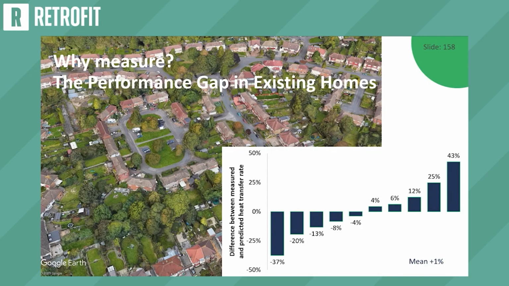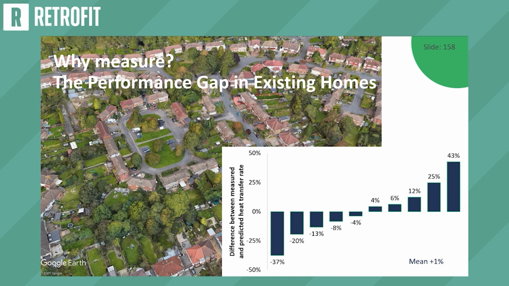So I just wanted to take a little second to stop and say, why are we going to bother measuring the performance of houses? Here's a housing estate in Croydon in South London. 10 different houses, each bar on this chart is a house, and we measured the overall heat loss from every house. All the houses were built to the same design, on the same site, at the same time, by the same builder. They are the same house until you go and measure them and see they're all different.